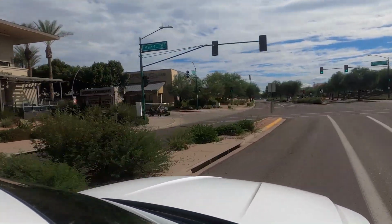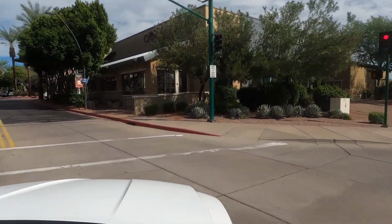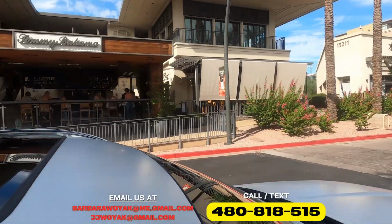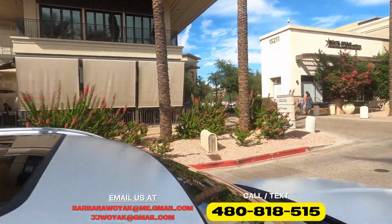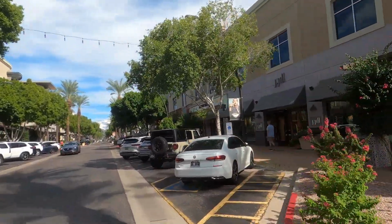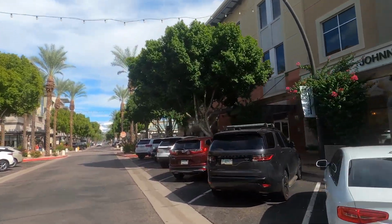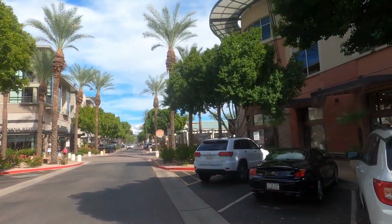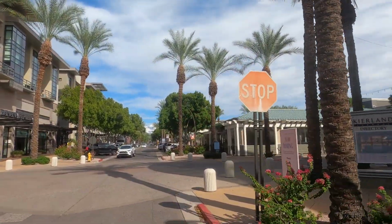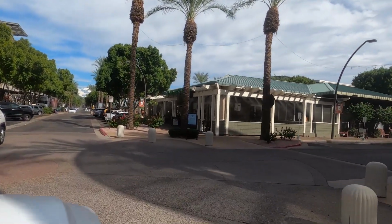Again, this is Kierland Commons, so we have a lot of very high-end restaurants in here, as well as shopping. There's one of my favorites, Tommy Bahama. I love their patio dining area. This area is definitely a walking, outdoor-oriented shopping center, versus Old Town with the mall, which is indoor, but they still have quite a bit outdoors here. This one is designed specifically as a walking, outdoor environment for you to really enjoy and just come out